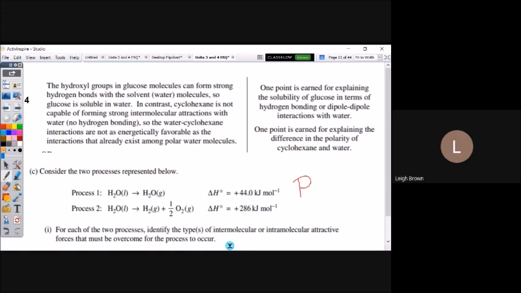Physical changes with molecular compounds are where we have what we call intermolecular forces. So we've got to talk about what's been broken up between the water molecules. Keyword with IMFs is between, okay? So this is a physical change. Now look at process 2, that's an actual reaction. That's a chemical change. You can tell that water molecule has been internally broken apart. So this is how we're going to answer this. So for process 1, we would say hydrogen bonds are broken, hydrogen bonding between the water molecules. You could also mention LDFs, but hydrogen bonding is going to be the key.